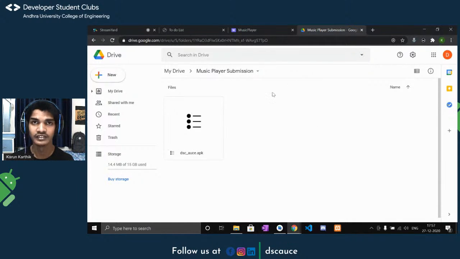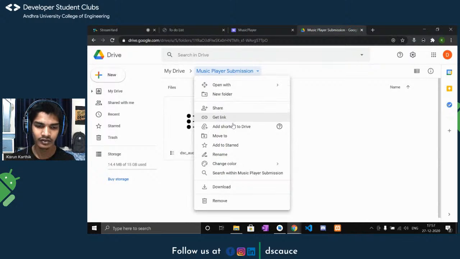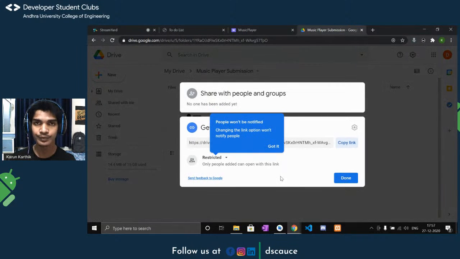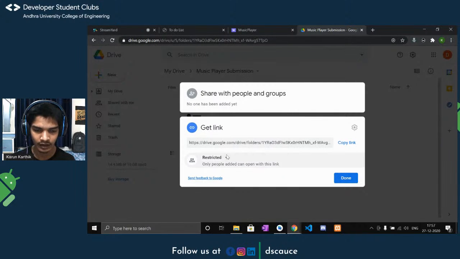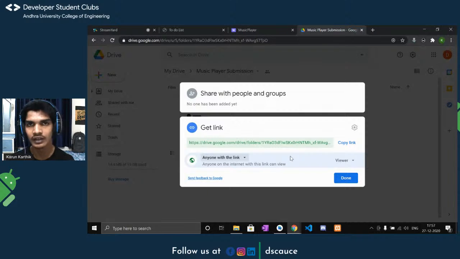So we can see that our file is uploaded now. So what you'll be doing is clicking on this one, and here you can see an option called get link. Okay, so just click on get link, and this is the most important thing, guys. Here, what you guys will be doing is changing this restricted option to anyone with link. So this enables you guys to just share the link,